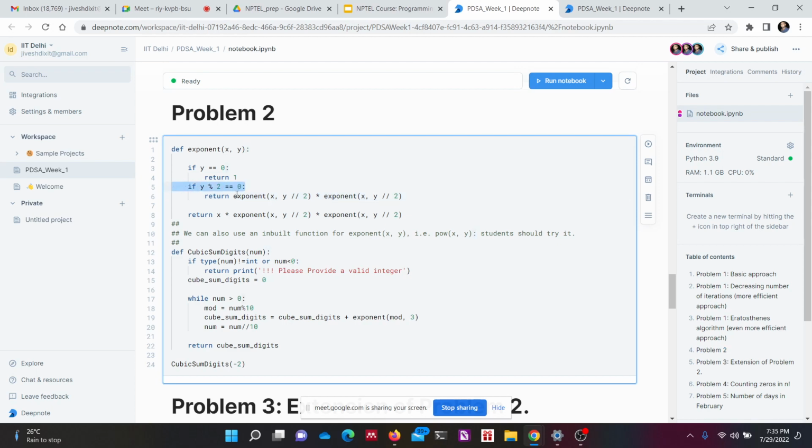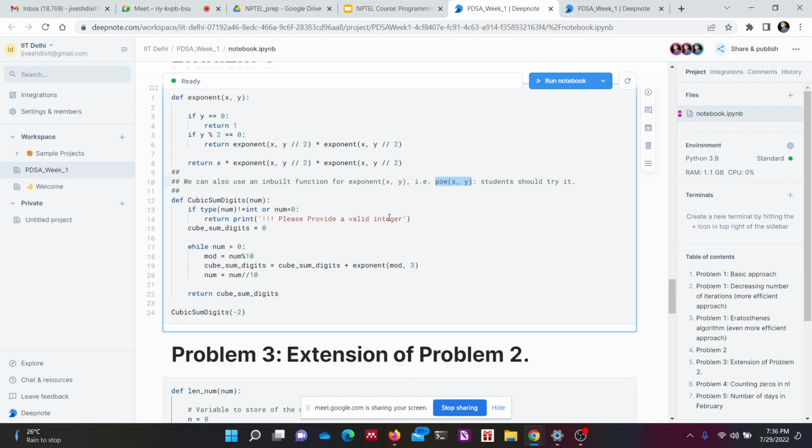This will keep computing until it finally computes the power of x comma y. So don't worry about the recursion thing. It will come in the future. For now, if you're not comfortable with this until you learn recursion, you can simply use the inbuilt function pow(x, y) in place of exponent(x, y). Okay, so now, as we have already discussed,